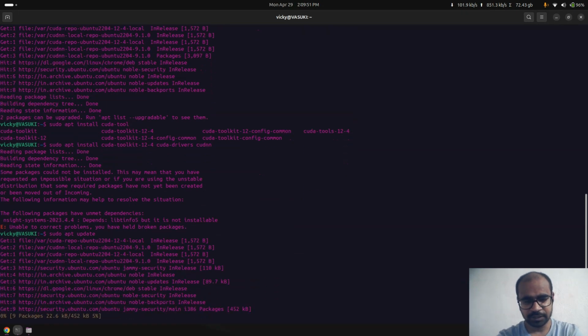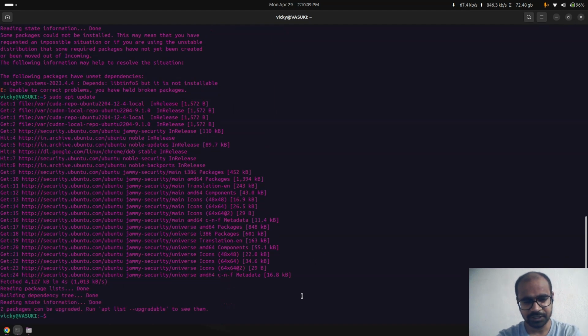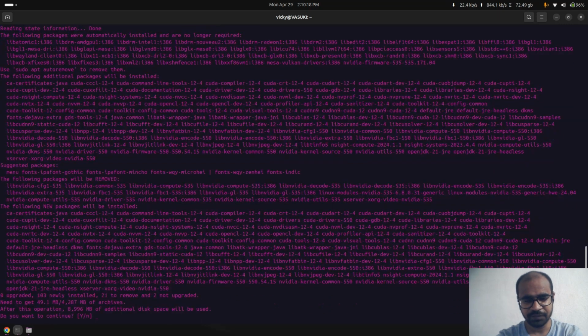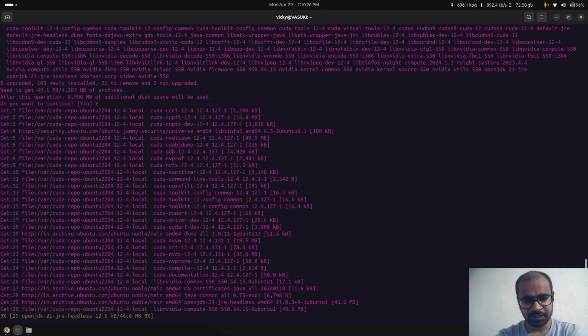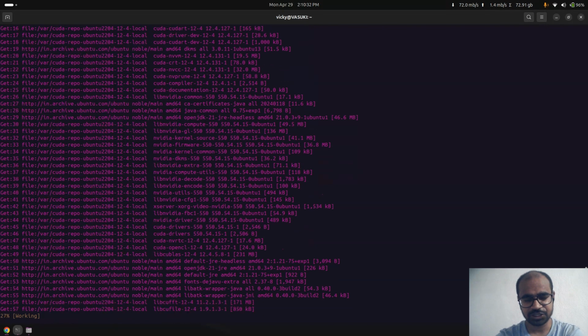After it's done, you just need to run the command for the installation of the CUDA, CUDNN, and CUDA drivers packages. Just wait for it to be finished and run that command. Once it's done, run it and you will see that there is no such software dependency missing. Once it's done, just enter the Y or yes and then press enter on the keyboard. And once it's been done, it will automatically install CUDA drivers with the latest version and the CUDNN library and